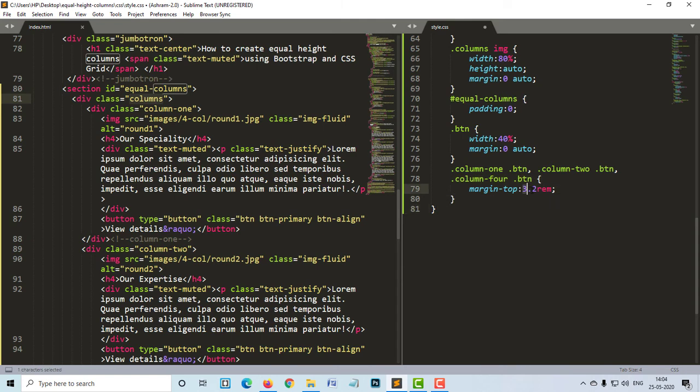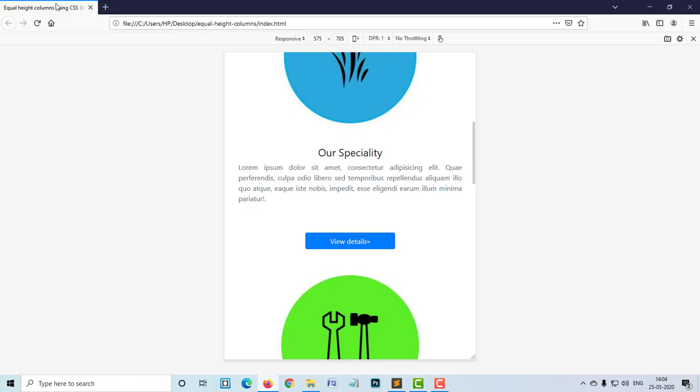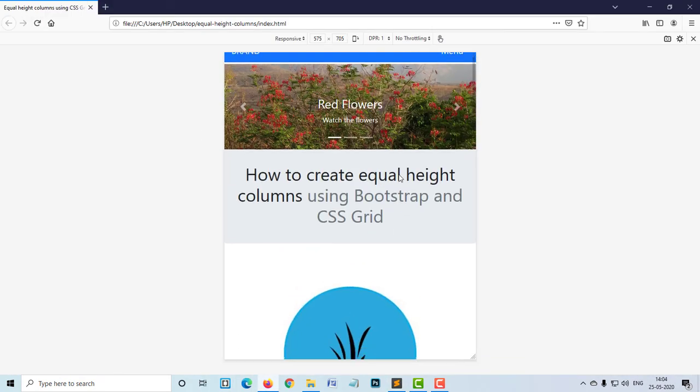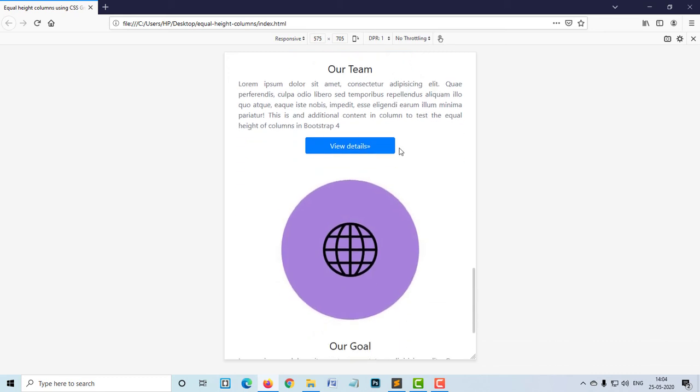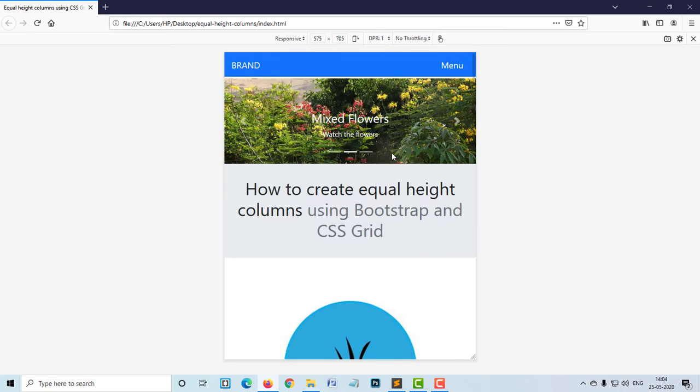We'll make it, say, 0.5 rem instead of 3.2 rem. Make it 0.5 rem, and you find the buttons are coming closer. So this will be 575 pixels.